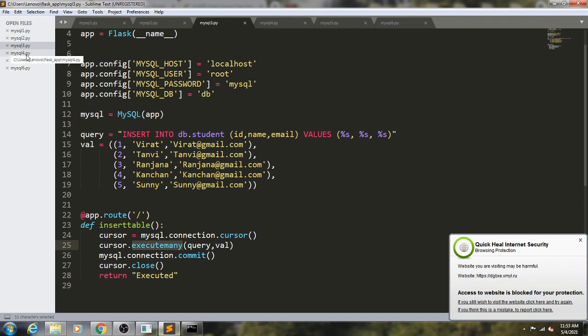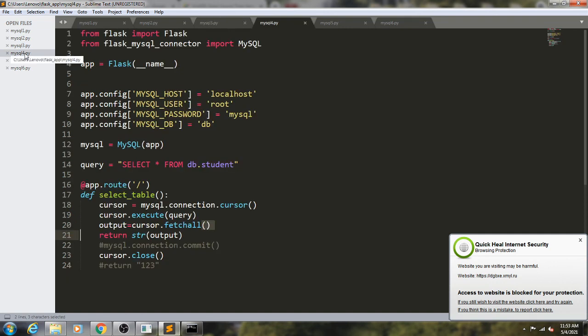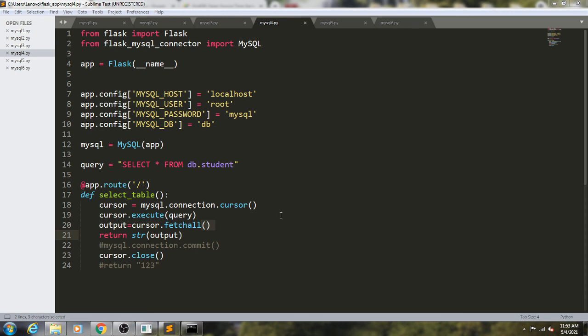In the next script we fetched all records from the table and displayed them in the browser. And in the last example we used a where clause and logical operator, and with the help of this we displayed the record that satisfies the condition. So these are the examples.